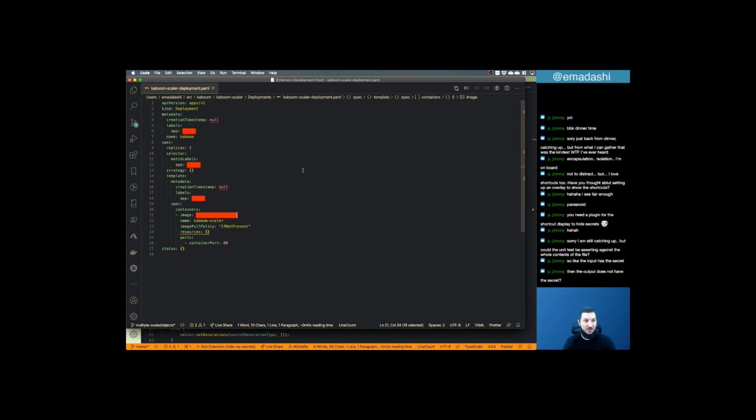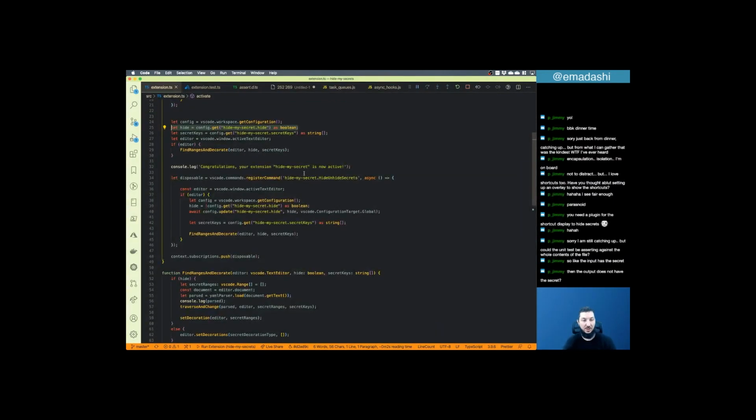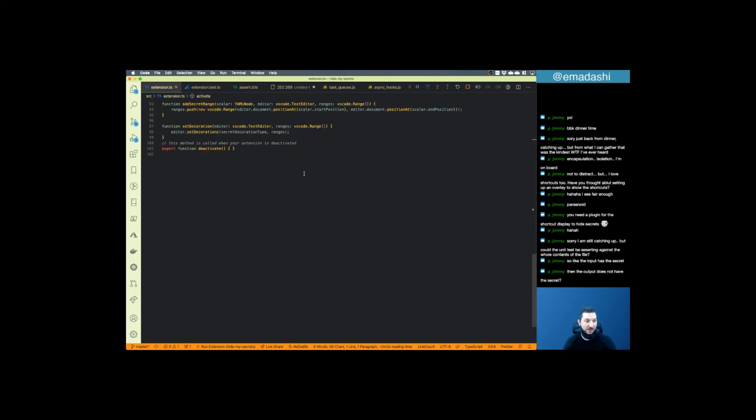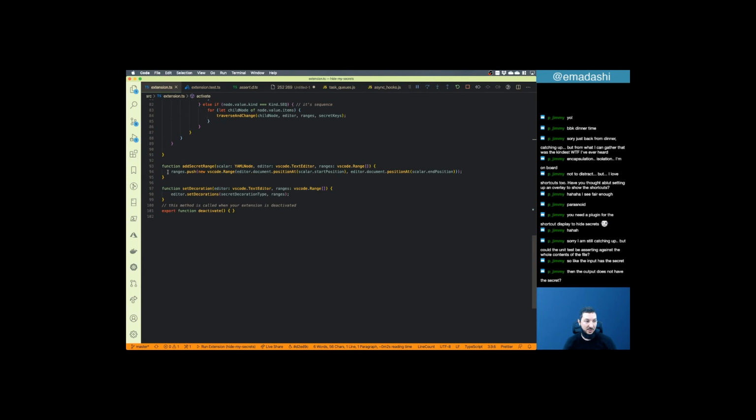Once we get the ranges, we run this in a traverse mode. So we go like recursion, through the nodes: do we have this key, do we have this key, until we get all these ranges. After we get all of these ranges, this is how we're pushing them here. The way Visual Studio Code works to change anything in the text file,